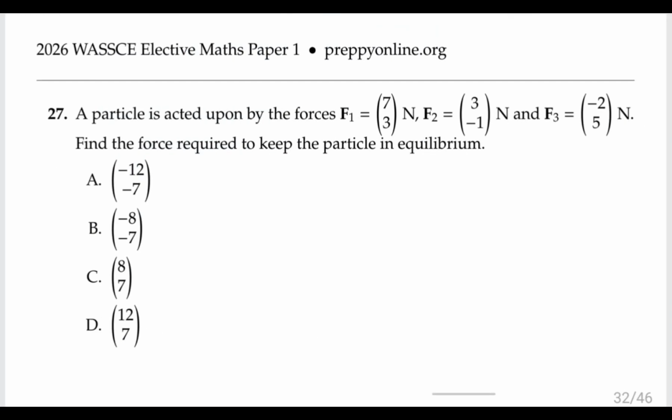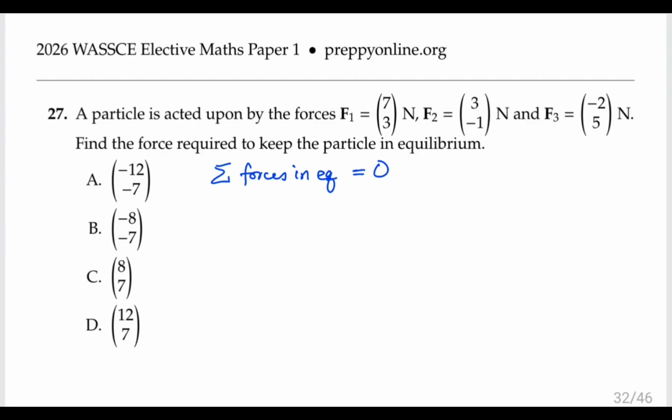Question 27. A particle is acted upon by forces F1, F2 and F3. Find the force required to keep the particle in equilibrium. So here the idea we use is that when you have forces in equilibrium, their sum is equal to 0. So the sum of forces in equilibrium